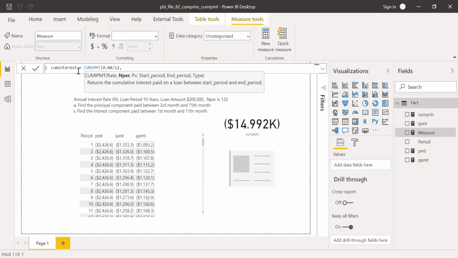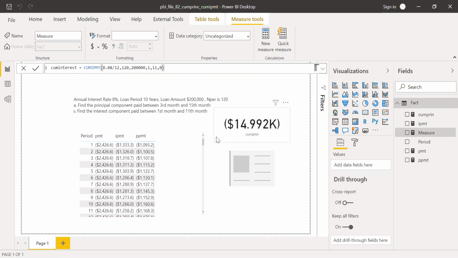So yearly 12 payments for 10 years, that's 120. Present value, $200,000. And start period, so we want to find the interest component between first month and the 11th month. So 1 and the end period 11, and 0. And hit enter.